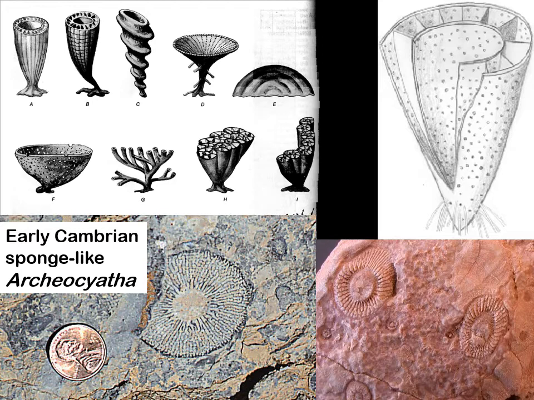Notice in the cutaway view here, you have kind of a double-walled basket with these partitions in between, and then all of these pores. Now, modern-day sponges do have tiny little fibers that will move back and forth, and it'll help pull water in and through their baskets to help them filter feed and suspension feed. We don't think archaeocyathans had that. They probably just sat there and waited for water to flow through them, and when it went into those little vestibules, those little pockets in between their double-walled cones, that would decrease the water velocity, and organic material would fall out of suspension onto the cells, and they could digest them.